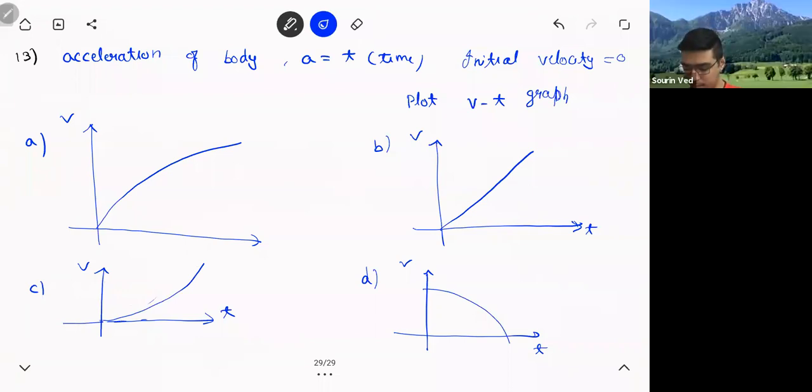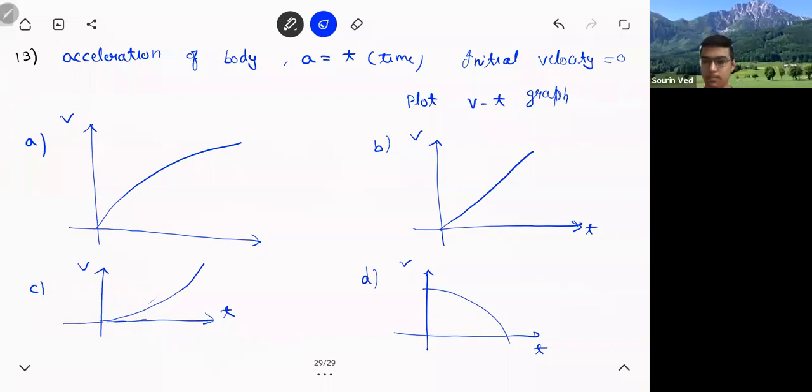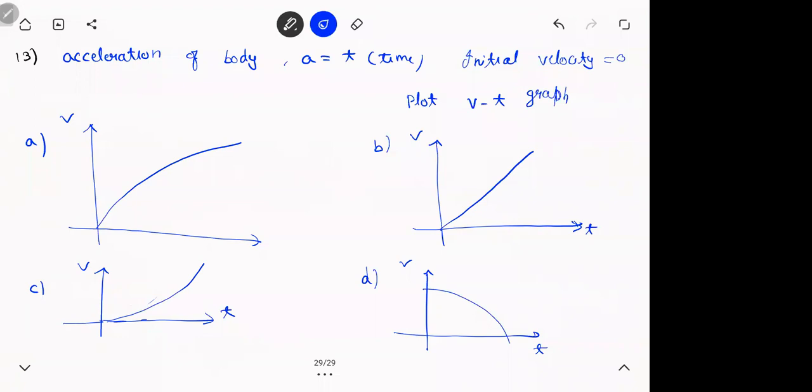That option cannot be right because V is 0. Sorry, wait for 1 minute. I said wait for a minute. See, you chose one option, think about the others too. What is the point of becoming happy if you eliminated one option? You had to eliminate 3 options. Remember that.